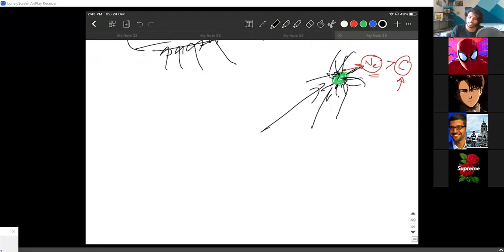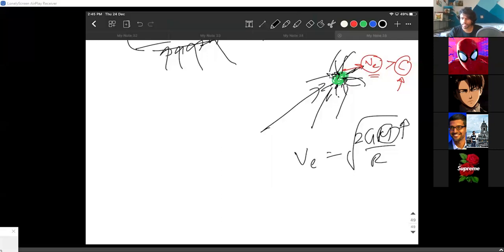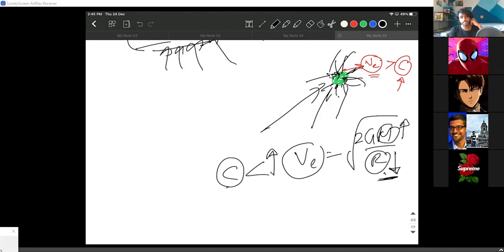The escape velocity formula is root over GM by r, or is it 2GM by r, I guess. 2GM, sir. So root of 2GM by r. The mass is so high, just like a star's mass. The radius gets really, really small, extremely small, so that the escape velocity is so high, it is greater than light's velocity itself, and that is why a black hole forms. That is how it is introduced to you people. So if you ever come across a problem with black holes, just remember this idea and do it. That's all.